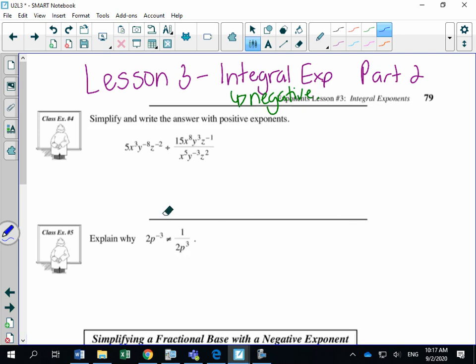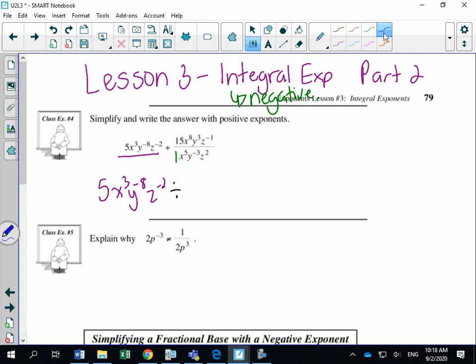All right, let's look at these examples here. So class example number 4, this is going to be a pretty complex example. And normally I say when we have a division, you're going to write this and then a division bar, right? But what I highly suggest doing is let's simplify this first. So let's take this and let's simplify this. So what we would get is, actually I'm going to write the first expression exactly as it is. 5x to the 3, y to the negative 8, z to the negative 2, divided by